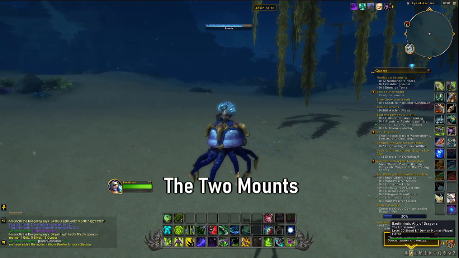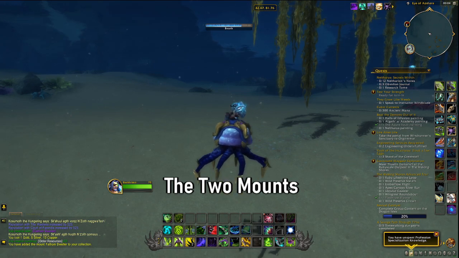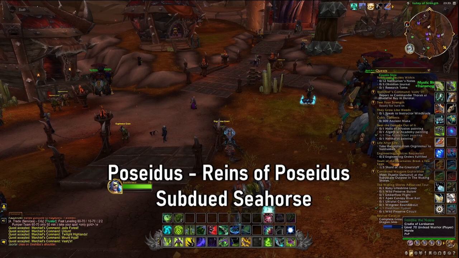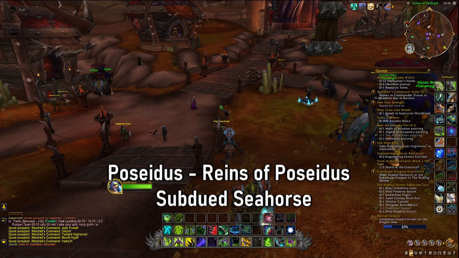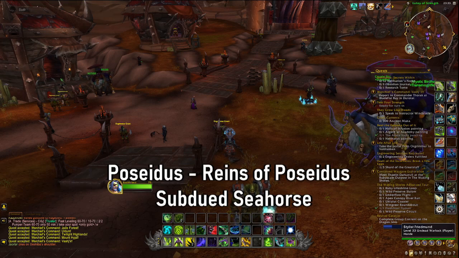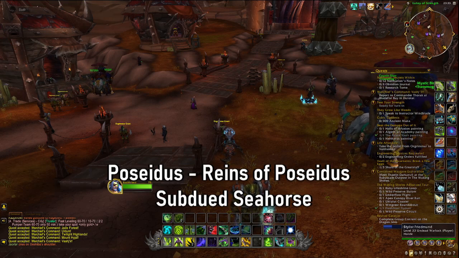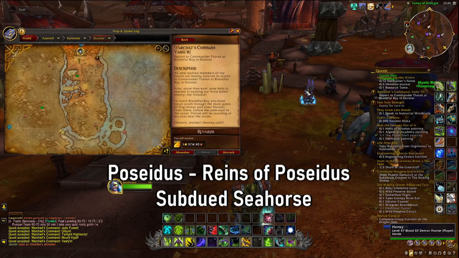Now, before I begin, you can get the Subdued Seahorse also off the auction house for between roughly 4,000 to 6,000 gold, depending on your server. But let's talk about how you can get it, because maybe you want to use it to get gold, or maybe you just don't want to spend gold, or maybe you want to go through the thrilling journey of obtaining the mount. So before you do anything to get the Subdued Seahorse, you're going to need to unlock Azshara,